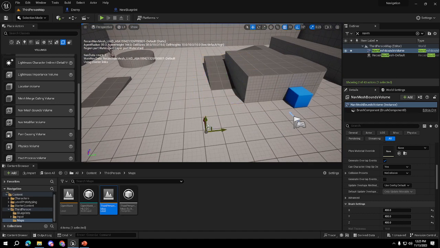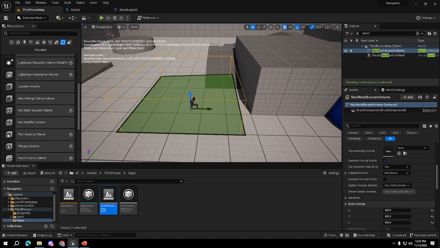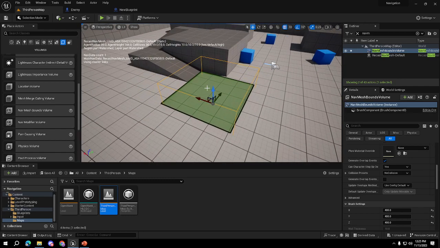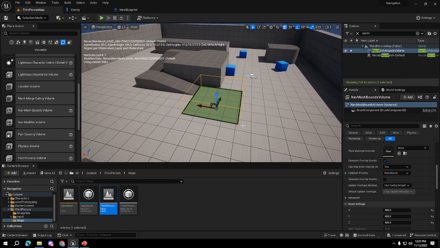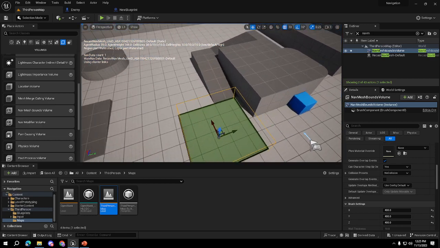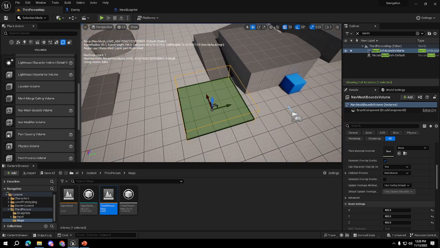So again, we have our nav mesh bounds volume right here. And what I want is I want it to move with the player. That way, with the endless runner, it is technically infinite yung nav mesh bounds volume niya because it's always updating to the player. So to do that,